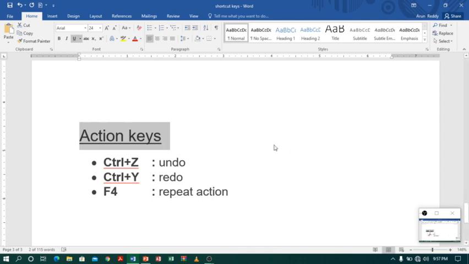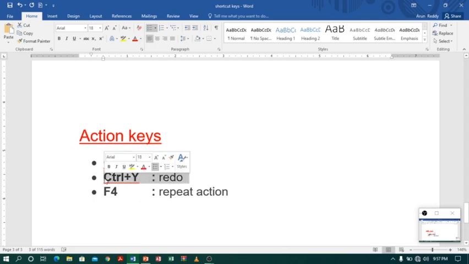Nice, right? There is another shortcut key called F4. What does F4 do? Suppose I select the text and make it red. Now the same action will be repeated if I select another text and click function F4. See, it also became red.